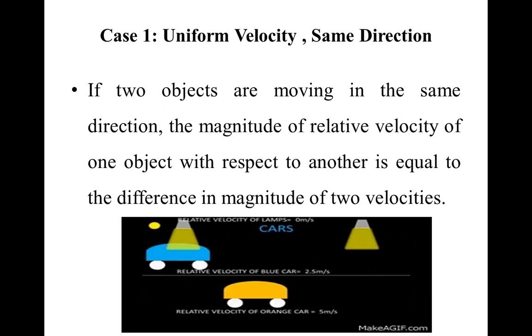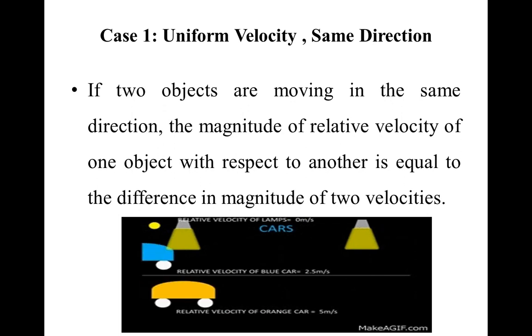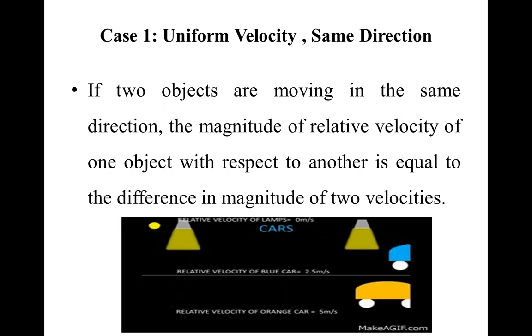For 5 minutes it will be at the same speed. After 5 minutes it will be at the same speed itself. After 10 minutes also it will be at the same speed itself. The speed value, the range it covers, will not change at any time. This is called uniform velocity. So if you have two moving objects like this, I am going to relate these velocities now.